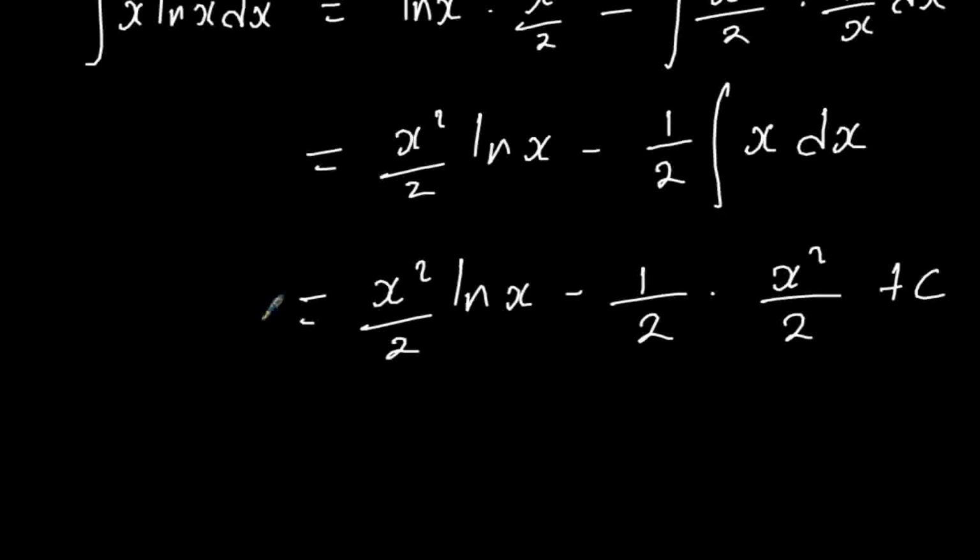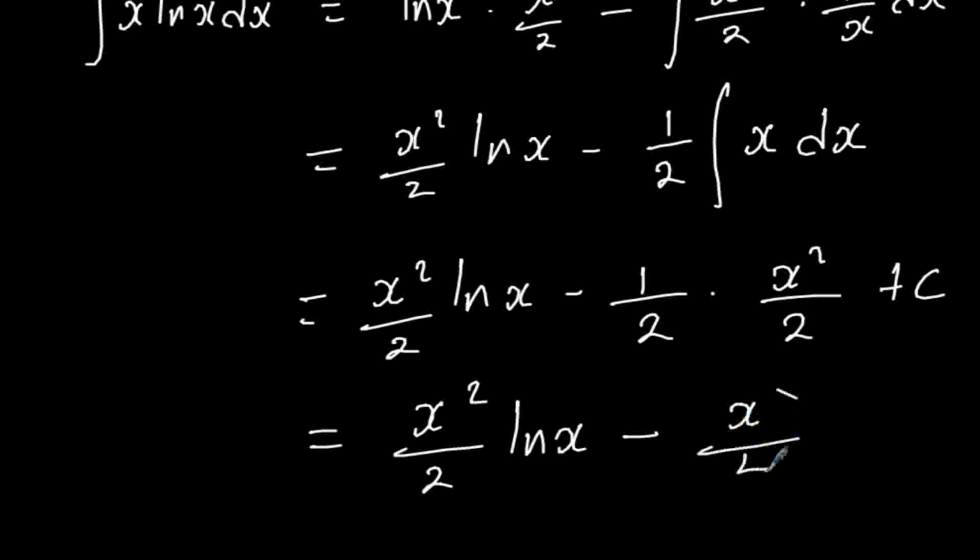So our final answer will be x squared over 2 ln x minus x squared over 4